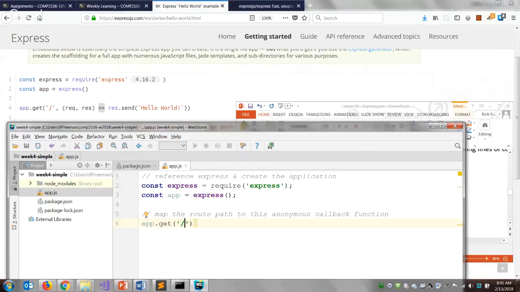So we're specifying when we have a GET request, not a POST, not a DELETE, not a PUT request, but when we get an HTTP GET request at the URL just slash at our root,